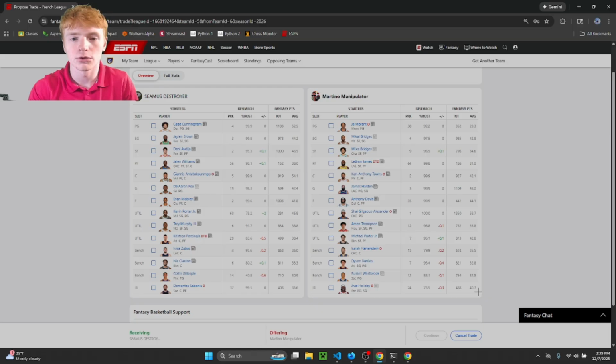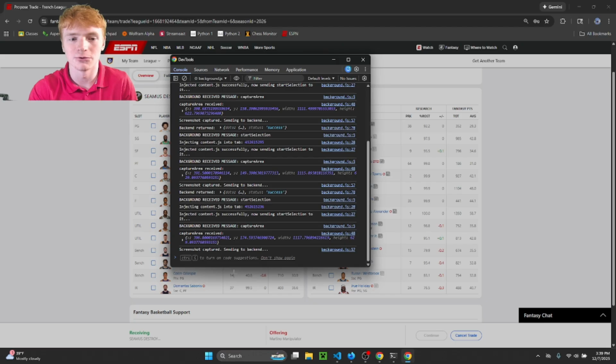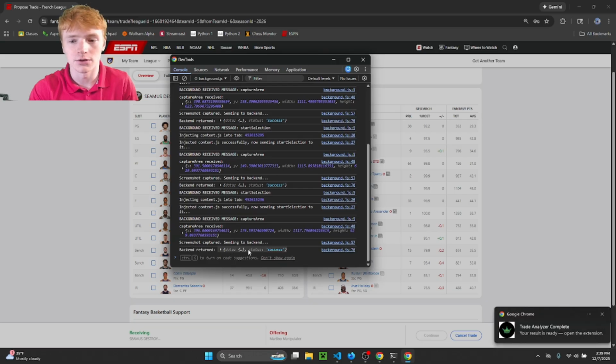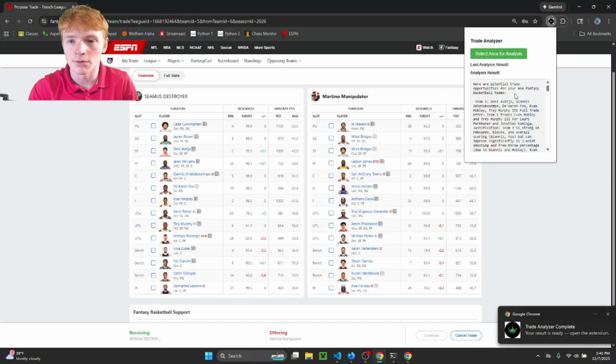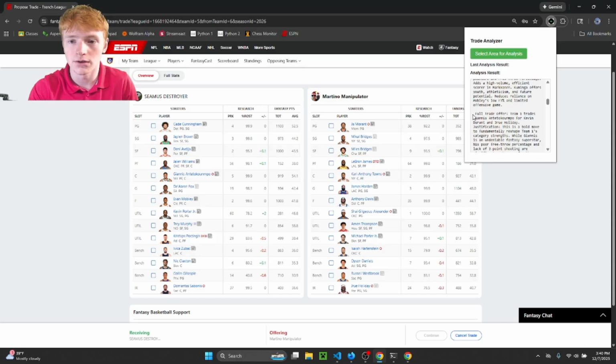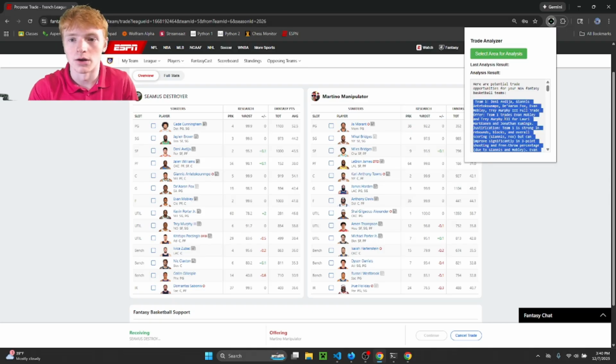This will send the screenshot I just took to the back end. And what I will work on is making it more obvious to the user that something's actually happening. But as you can see through this dev tool, it did take the screenshot and it is sending it to the back end. This is very consistent, and I'll get a notification down here when it's ready. So I can just click up here, and here's my trade. It will give me different options, and they're clearly indented. And all I have to do now is put in these players for my players, and then make the trade